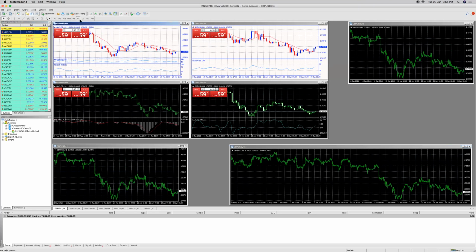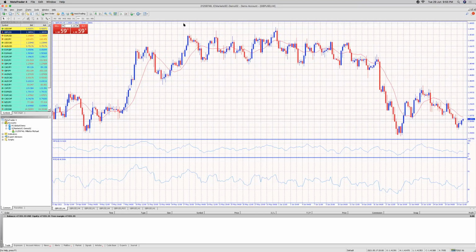This chart is on the 4 hour. This chart I can have on the 1 hour. This chart I can have on the 15 minutes. This chart I can have on whatever time frame I want. If I maximize this chart here,